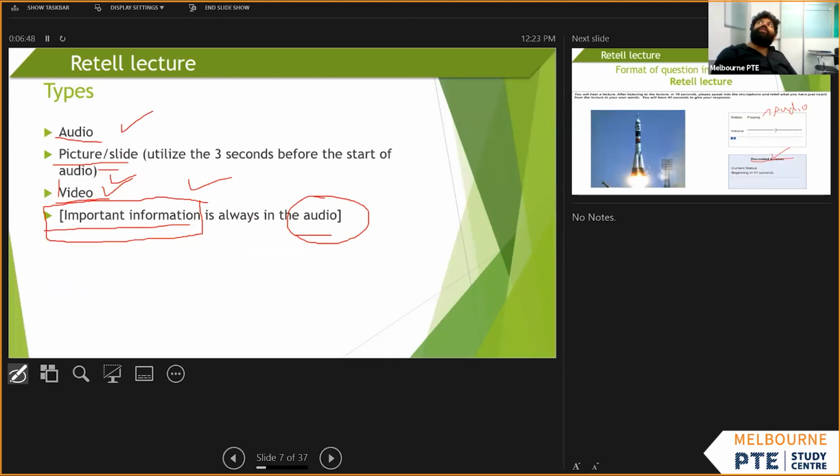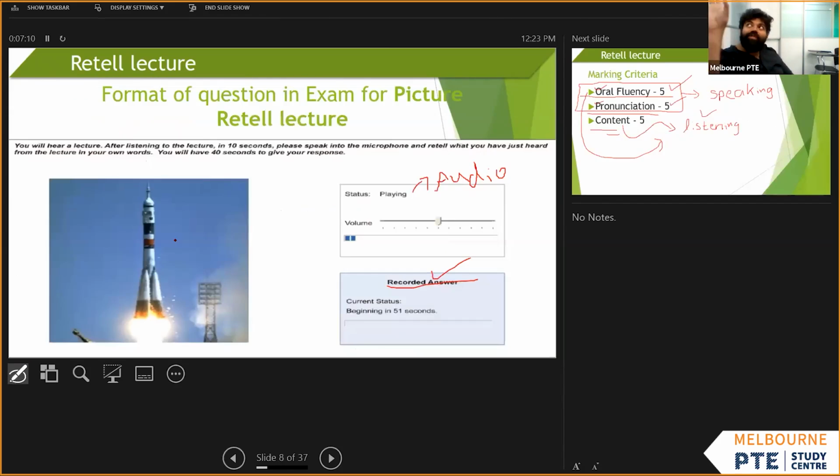So these are the types of written lecture you can have in the exam. If you have a look over here, you can just have an audio written lecture, or at times you can have a picture or a slide written lecture as well. But a picture or a slide written lecture will have an audio. Don't worry about that. It will look actually something like this. On the left side, you will have the picture or maybe the slide over there, and of course the audio, and your audio bar and recording bar, they will be here.